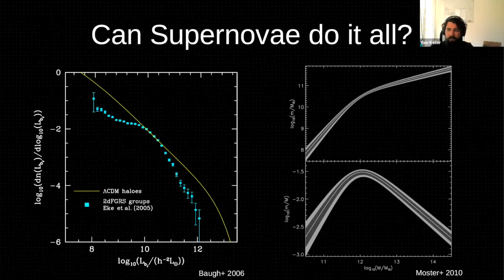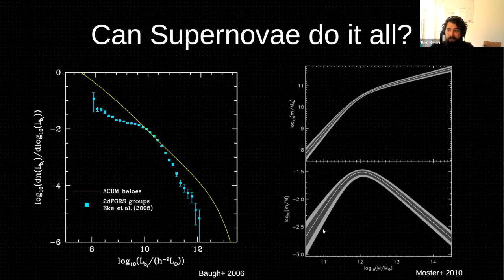One of the big questions in galaxy formation and cosmology is, why is there this sort of magic mass scale where, in the Schechter function of the number of galaxies we see in the universe as a function of their halo mass or size, we see a knee, and why, in the stellar mass to halo mass relation that compares how many stars are within a galaxy as a function of their total halo mass, we see a peak.